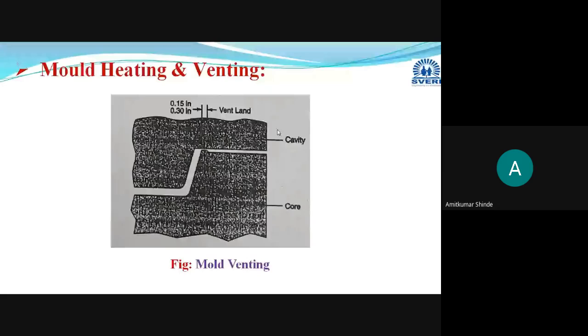So you can draw the diagram, and while providing the vents, you have to take care that all the vents you are providing should open to the atmosphere. Now after that, there are some guidelines, which are preferred. What is the preferred location where the vent should be provided? Related to that, I will explain. But first, please draw this diagram.